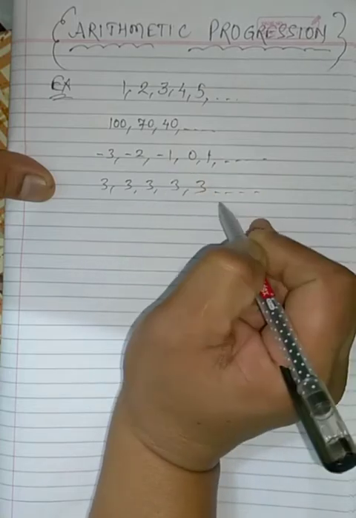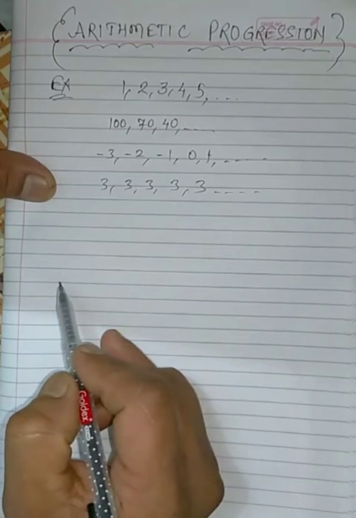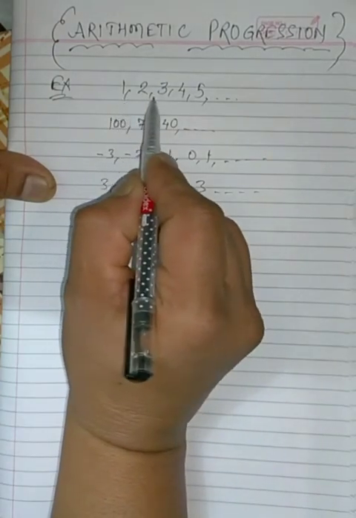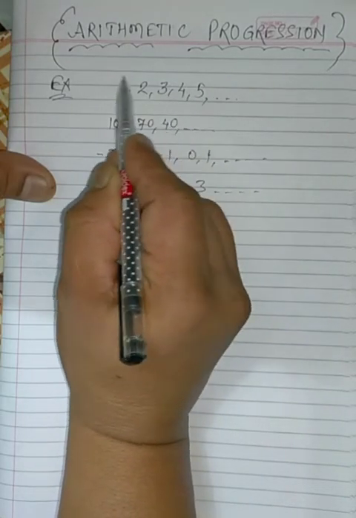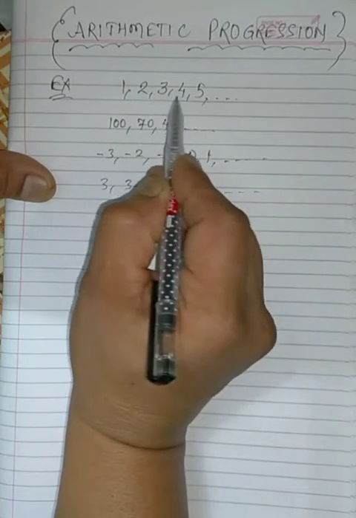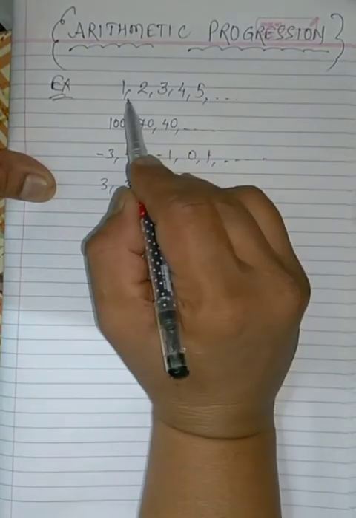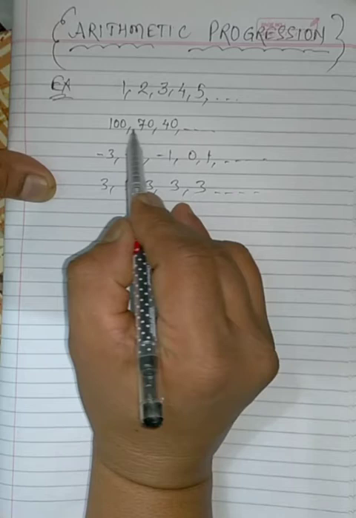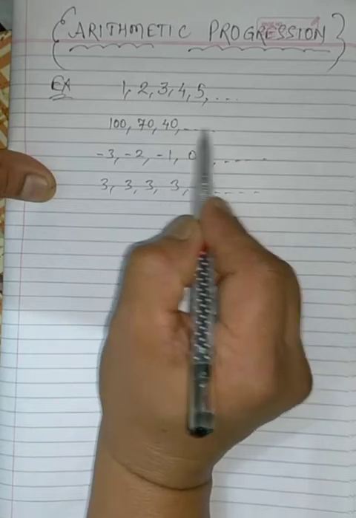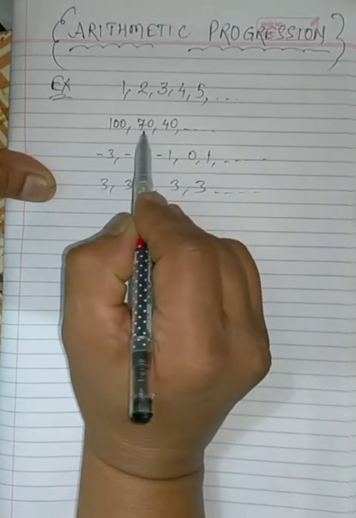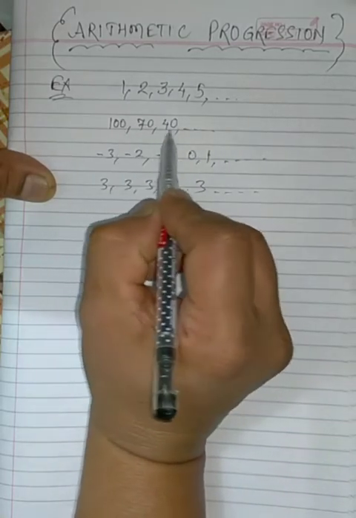Now if you observe all of these, you will find that the difference between two numbers is always same. Like here we have difference of 1, here is also 1, here is also 1, here is also 1. So this kind of progressions in which difference between two consecutive numbers is always same is called arithmetic progression. Here we have a list of numbers in increasing order, and here also we have a list of numbers, but you will find here that these numbers are decreasing in a regular interval. Like difference of these two is 30, difference of these two is 30, and in same way it goes on. So this is also an arithmetic progression.